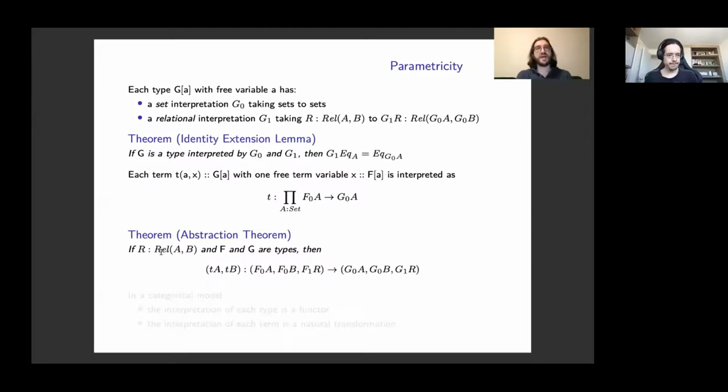Term interpretation has to satisfy the abstraction theorem, stating that the interpretation induces morphisms of relations between the relational interpretations of its input and output types. In other words, term interpretation has to preserve the relations on the interpretations of its type arguments.